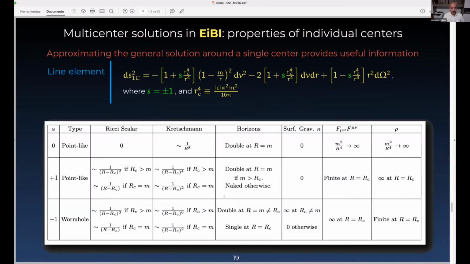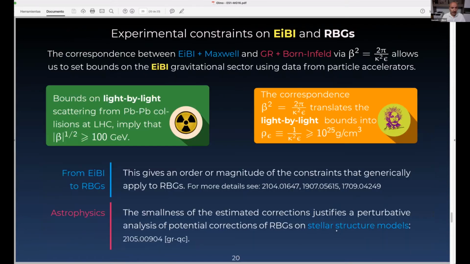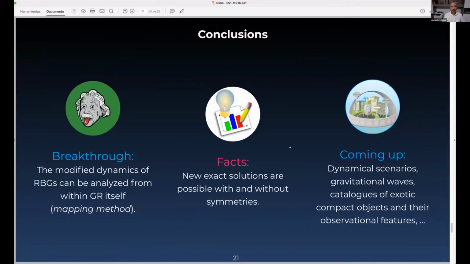And well, as I said, we have multi-wormhole scenarios, but they are not completely satisfactory because there are some curvature divergences at the wormhole throat. But anyway, this does not prevent the possibility of extending geodesics. So even if there are curvature divergences, we have geodesically complete spacetime, and therefore they are non-singular. And well, you can also use the previous results to set some strong experimental bounds on the parameters of the Born-Infeld theory, but I don't want to waste all the time here.